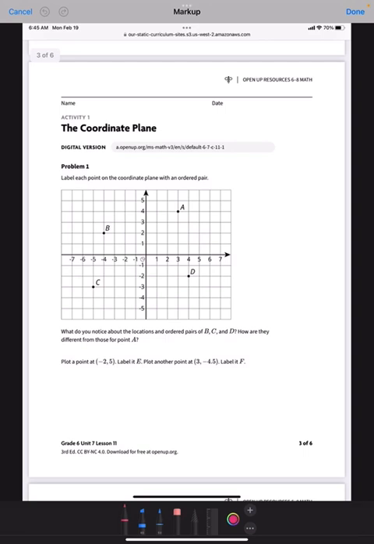It says label each point on the coordinate plane with an ordered pair, meaning this, right? X goes here, your Y number goes here. This is an ordered pair, okay? Ordered pair. I'm going to do D and B. You're going to do A and C. To start with B,